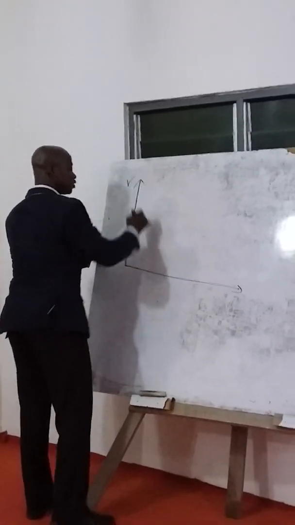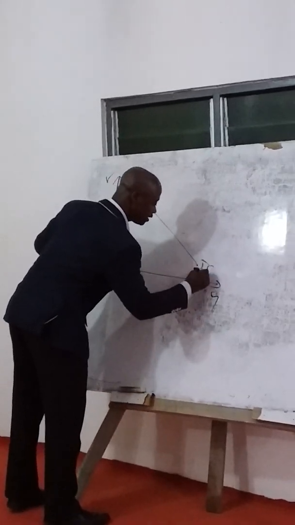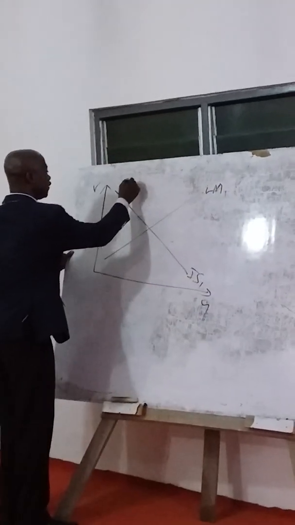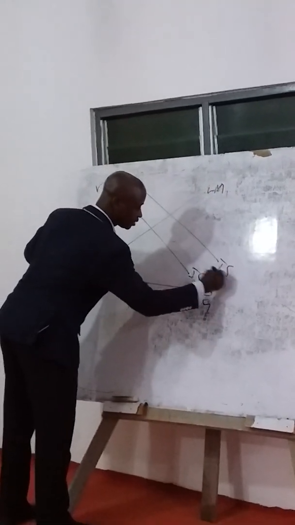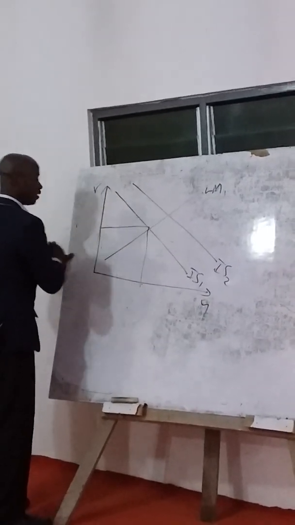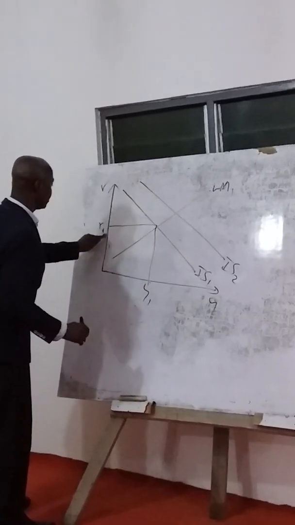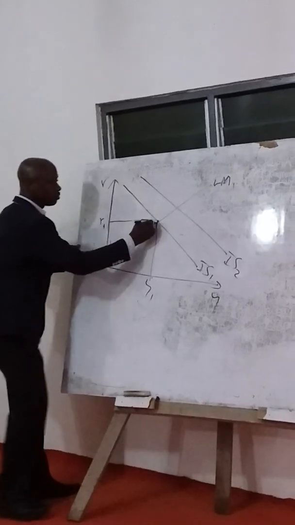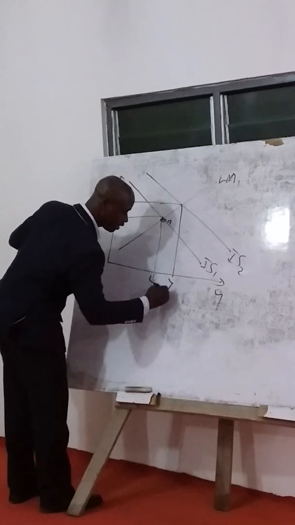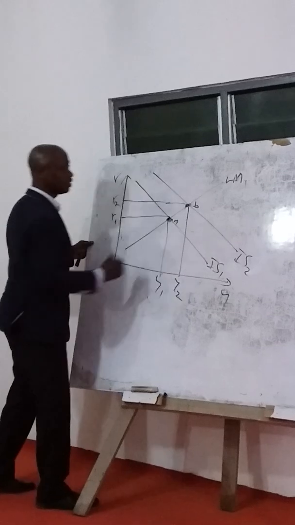So we have our interest rate here and we have our income. So we start with our IS1, then we have our LM1. So with the fiscal policy, we move from IS1 to IS2, expansionary fiscal policy. So we have our initial interest rate R1 and we have our Y1 here. Good. So we start with point A here. Now we are here with expansionary fiscal policy. We have Y2 and we have R2 here. So we move from point A to point B.